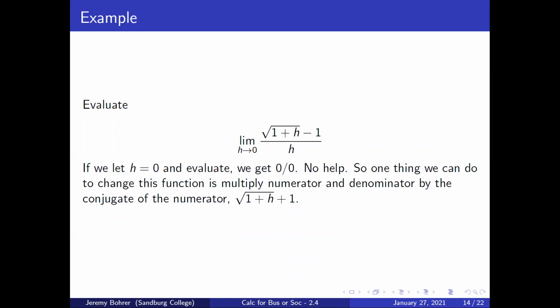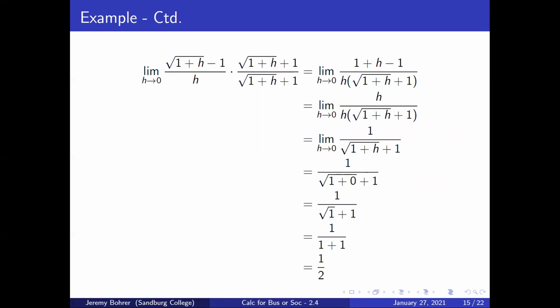Or we can evaluate the limit as h approaches 0 of (the square root of 1 plus h, minus 1) over h. If we let h equal 0 and evaluate, we get 0 divided by 0. No help. So one thing we can do to change this function is multiply numerator and denominator by the conjugate of the numerator, the square root of 1 plus h plus 1. So the limit as h approaches 0 of (the square root of 1 plus h minus 1) over h, times